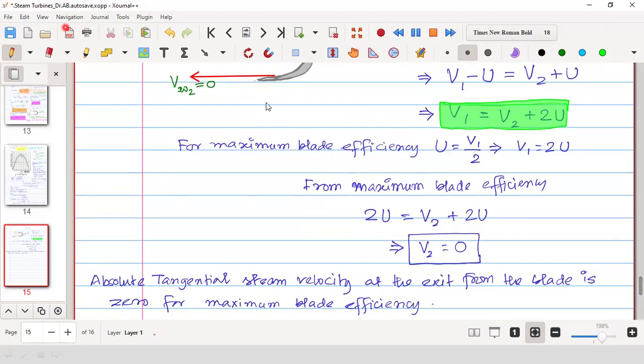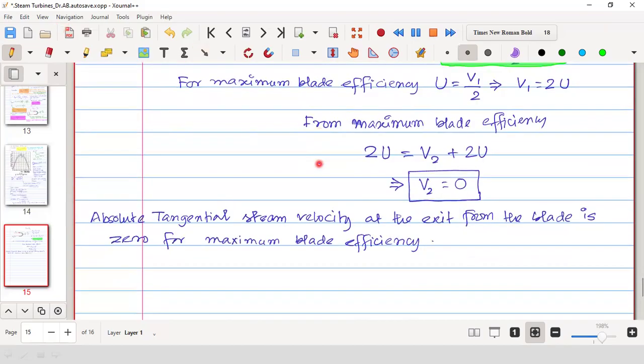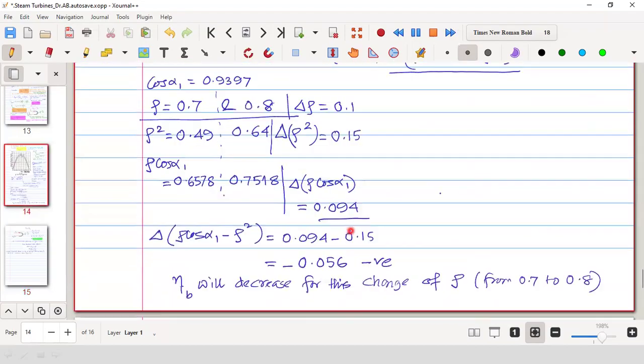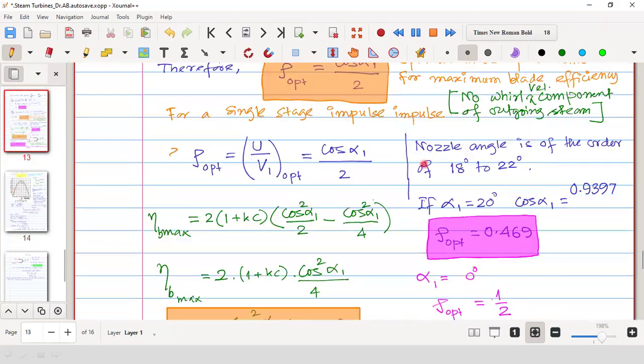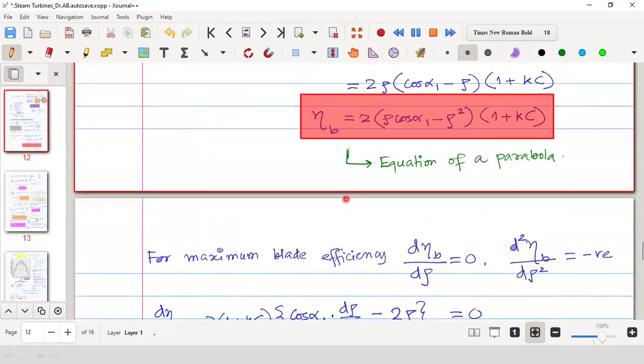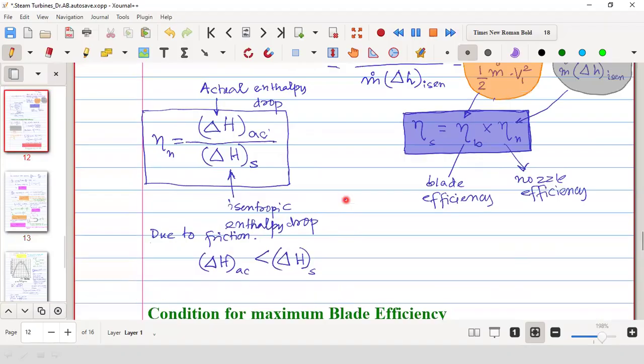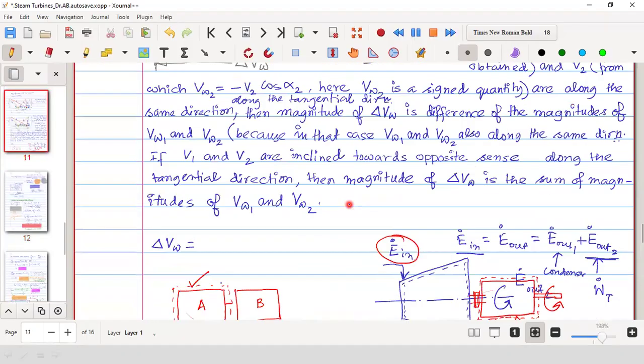তাই না? ক্লিয়ার? বোঝা গেল? ঠিক তো? তাহলে এখানে অ্যাবসলিউট ভেলোসিটি জিরো হচ্ছে মানে টেনজেন্সিয়াল ভেলোসিটি। হ্যাঁ, ওই অ্যাবসলিউট ট্যানজেনশিয়াল কম্পোনেন্ট, তার মানেটা কি? মানেটা হচ্ছে এই যে যদি ও কোনো ট্যানজেনশিয়াল কম্পোনেন্ট নিয়ে বেরোয়, the meaning is that if the steam exits from